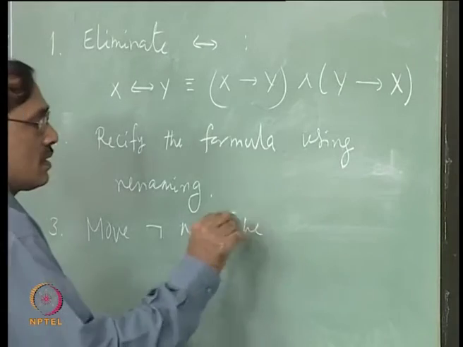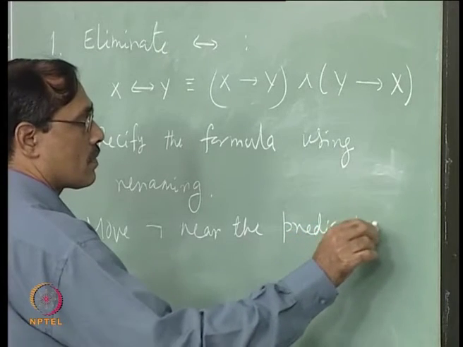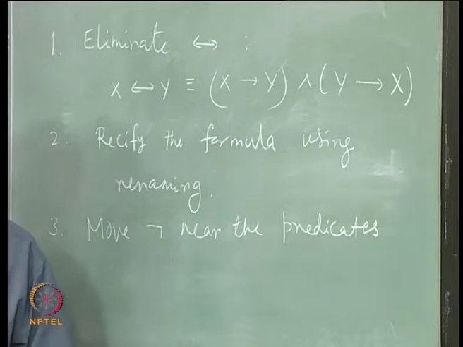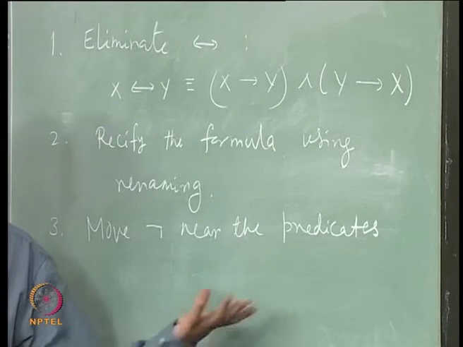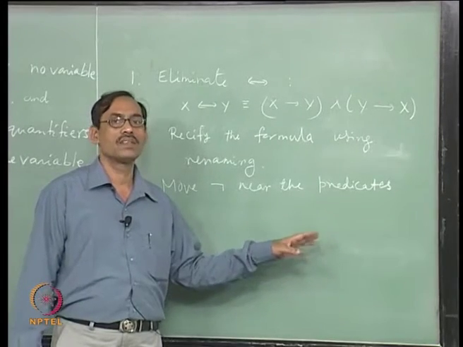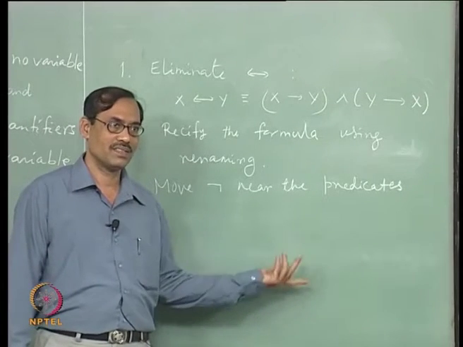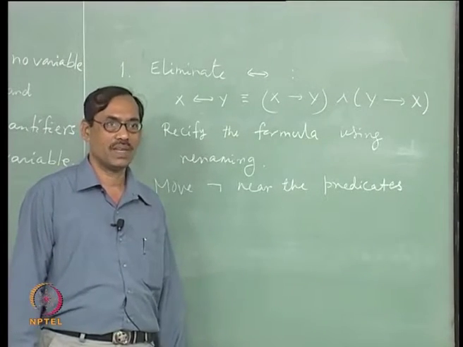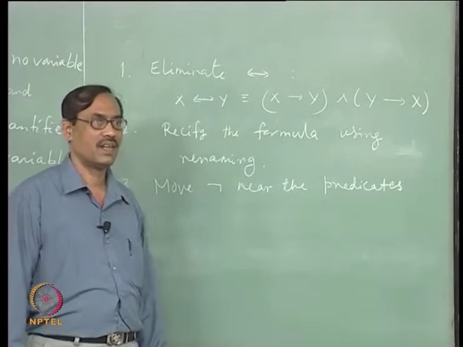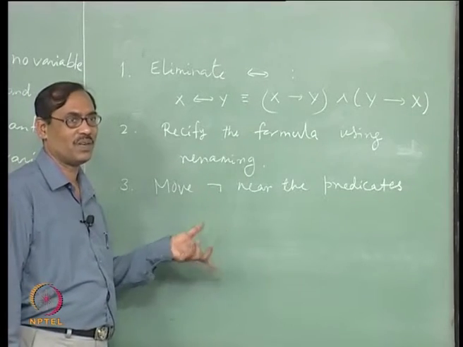Near the predicates. In fact, we do not need to move it near the predicates, we can keep it outside the block of the quantifiers, that is enough for us. For example, there is not of x implies y, we do not need to put x and not y, it is enough if it is not inside the quantifiers, but better to do it anyway, we will be going for the DNF and CNF. So, this step is overburden, but we will go along with it.